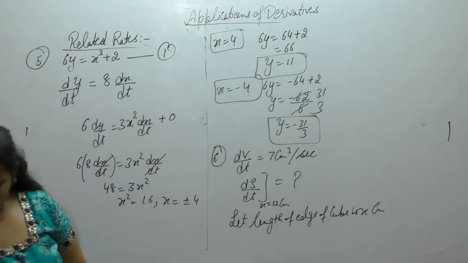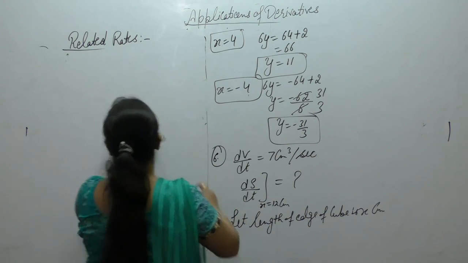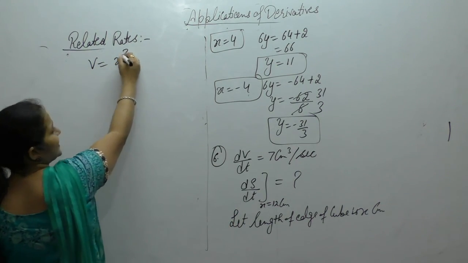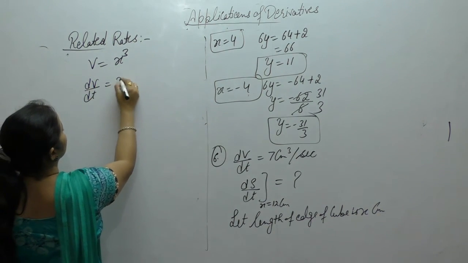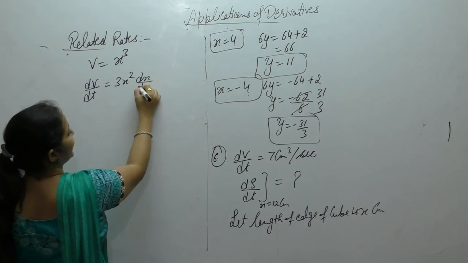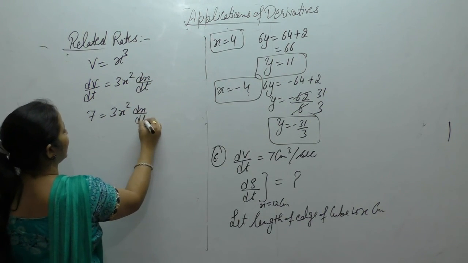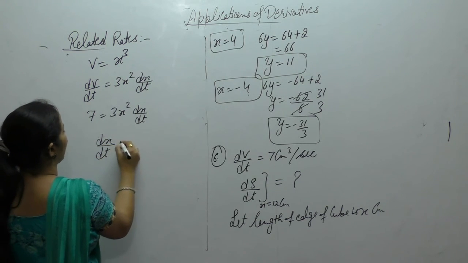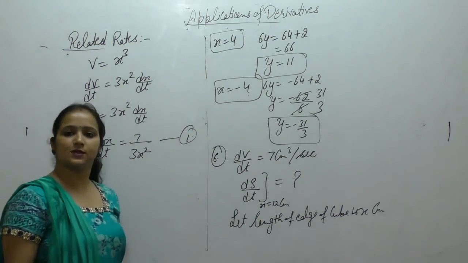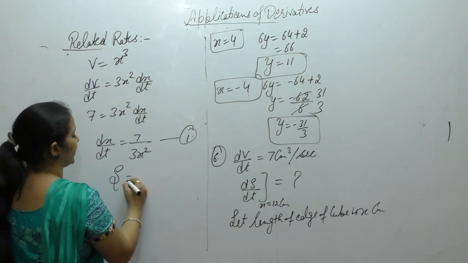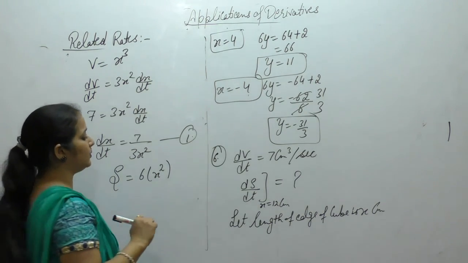Now, the volume of cube is x cube. Differentiate with respect to t: 3x square dx by dt. dV upon dt is 7. So from here we get the value of dx by dt as 7 upon 3x square. Let this be equation 1. Now the surface area of a cube is 6 into side square. Surface area of cube is 6